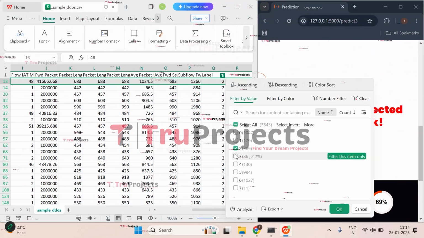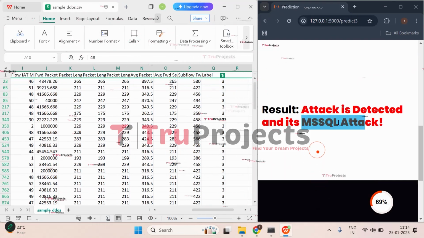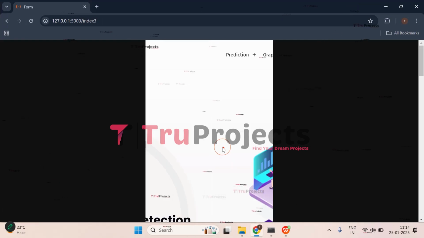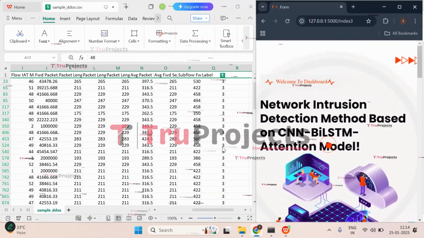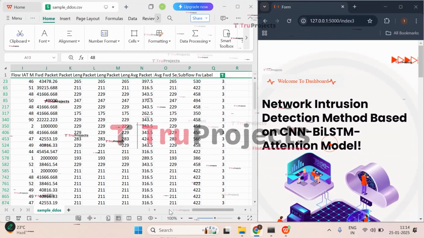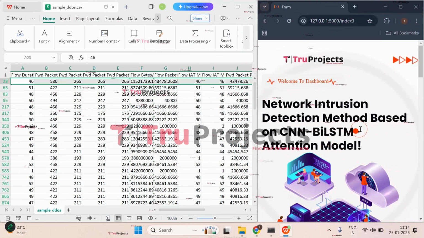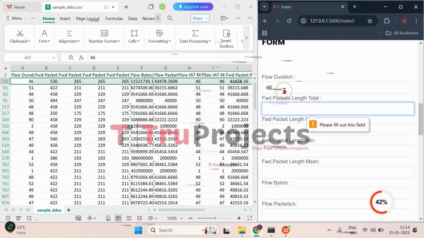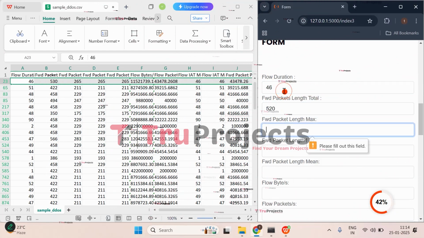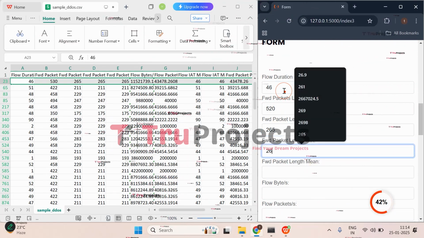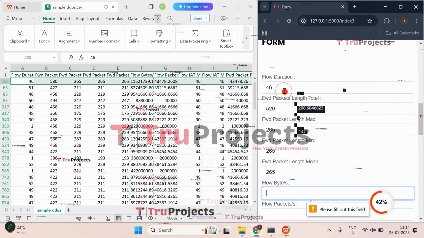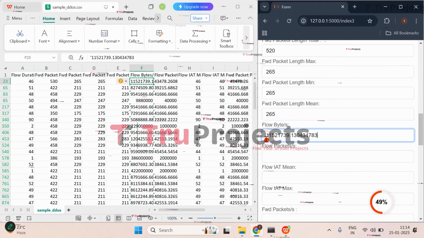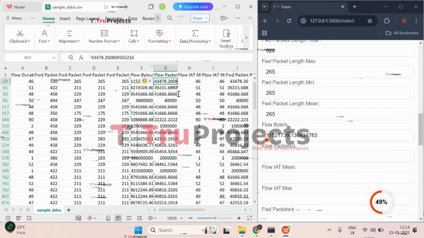Let's apply filter to class 3. Click on OK. And now click on prediction. Click on CIC DDoS 2019. So let's try with the first case where the flow duration is 46, 530, 265, 265 and 265. And the next value, that is flow bytes. So copy the value and paste it. And the next value is flow packets, that is